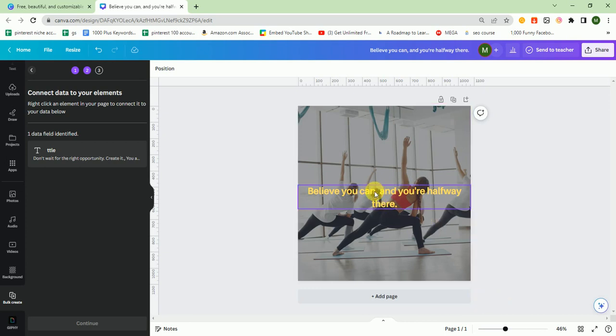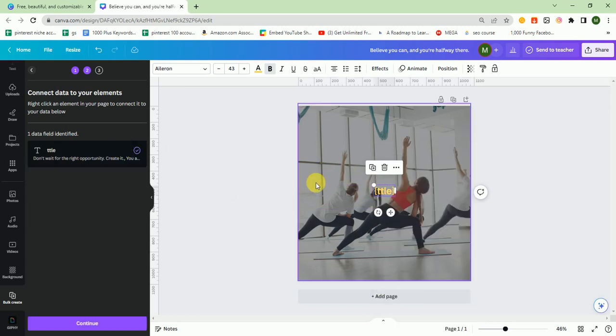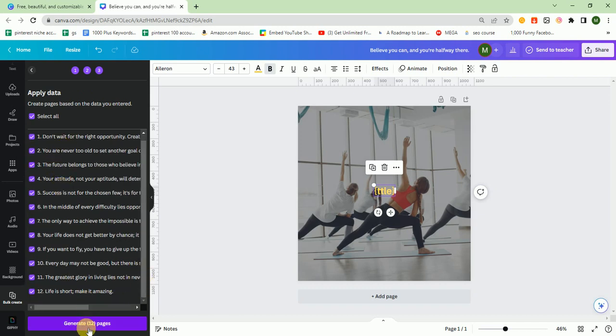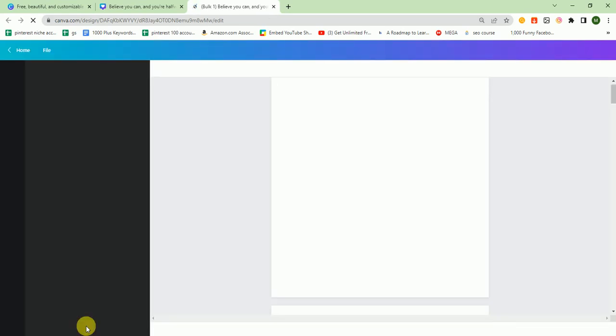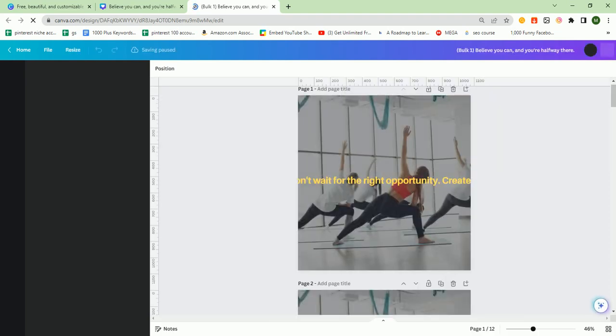After that, I click on this and go to connect data and title. So as you can see, title is connected. After that, press continue, and you can see 12 quotes are connected. Generate 12 pages. So let's see. So as you can see,